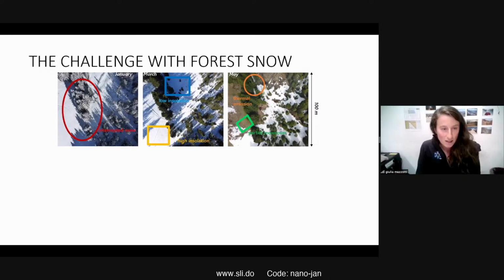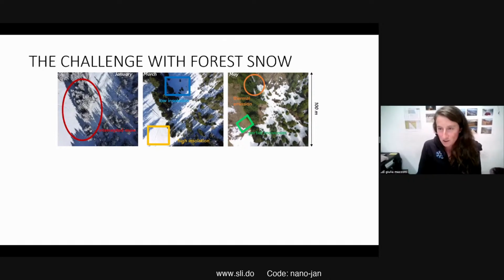So these pictures are showing the main scene on 3 different days. You see that we have snow in the trees that has specific properties. We have sunlit snow, we have shaded snow, we have snow-free trees that absorb much more radiation. Then we also have snowpack evolution. So at some point we will have partial snow cover. And it's really not a surprise that models struggle to capture the albedo of such a scene,